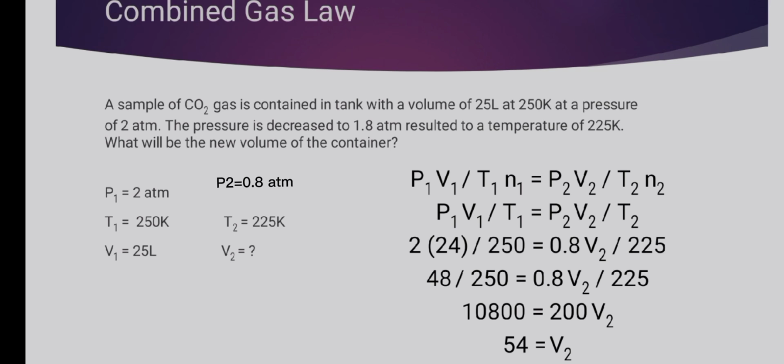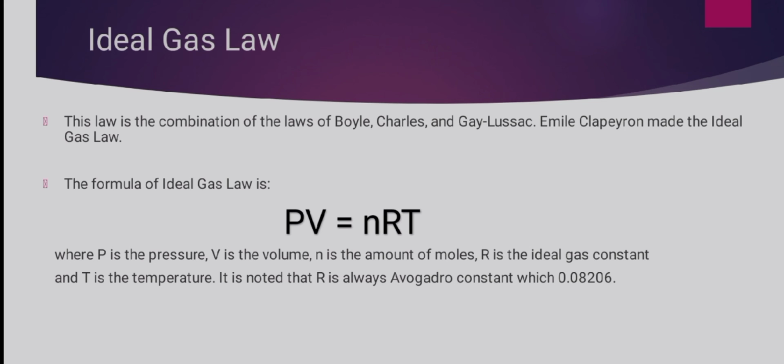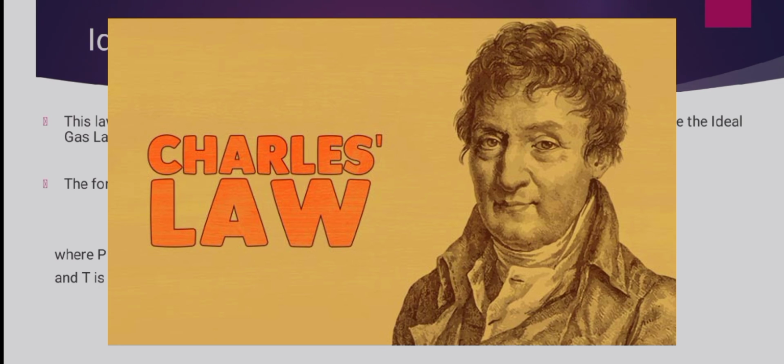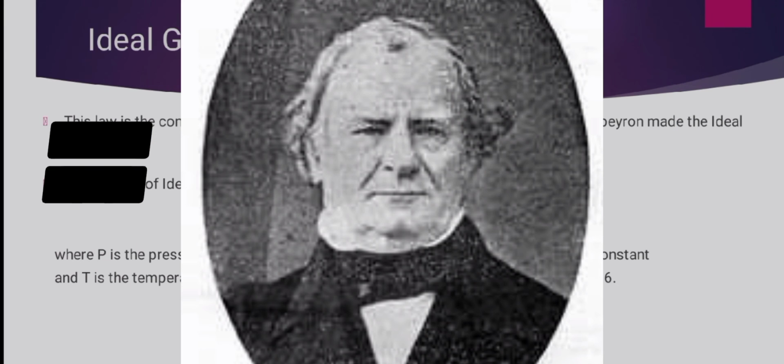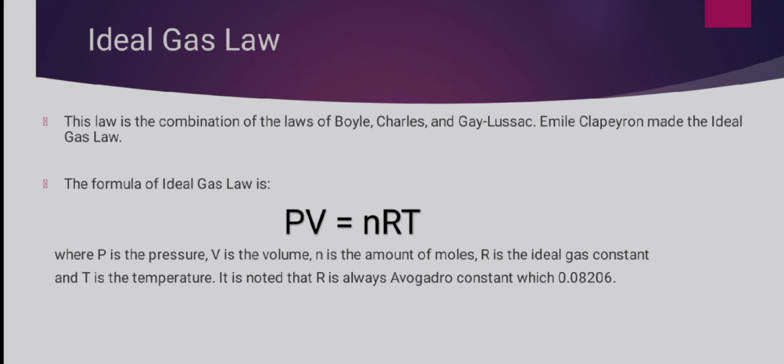Let's proceed to the ideal gas law. This law is the combination of the laws of Boyle, Charles, and Gay-Lussac. Emile Clapeyron made the ideal gas law. The formula of the ideal gas law is PV equals nRT, where P is the pressure, V is the volume, n is the amount of moles, R is the ideal gas constant, and T is the temperature. It is noted that R is always